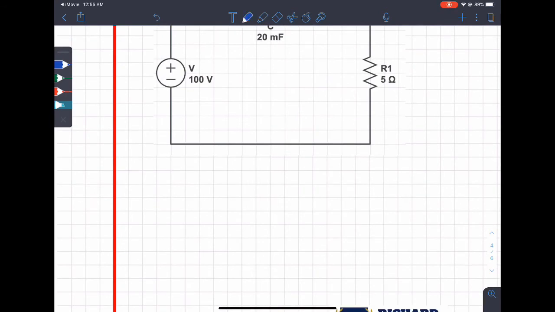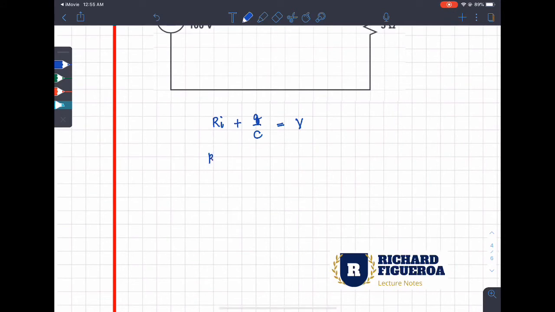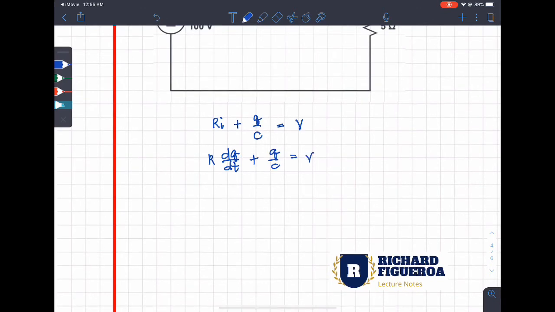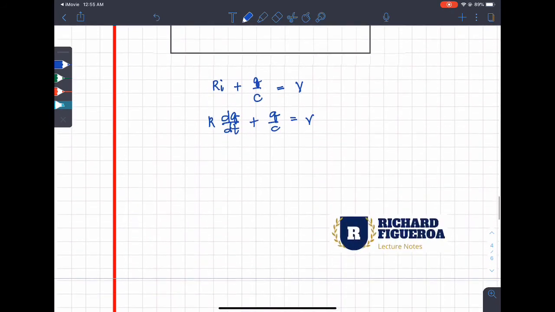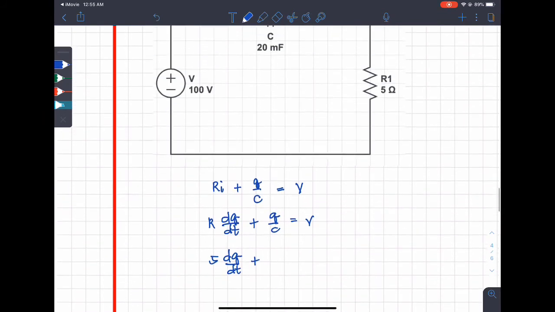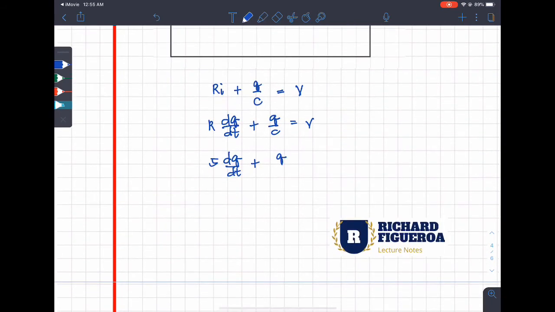So using KVL, we have R·i plus 1/C, and I could just use q here, so q/C, equals V. However, i is dq/dt, so R dq/dt plus q/C is equal to V. Substituting our given, we have a resistance of 5 ohms, so that would be 5 dq/dt, and our C is 0.02, so q over 0.02, and that would be equal to